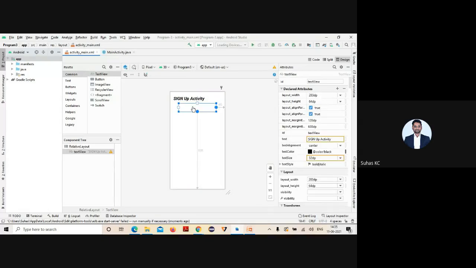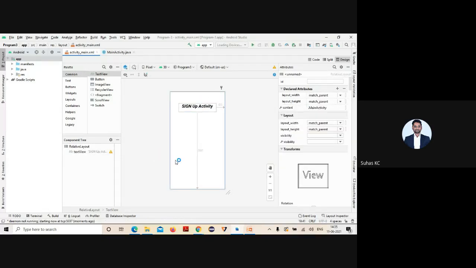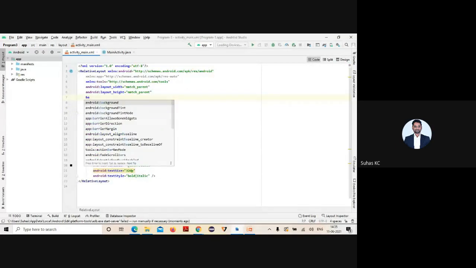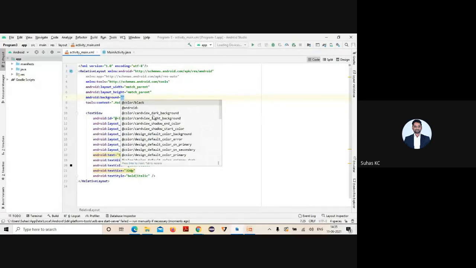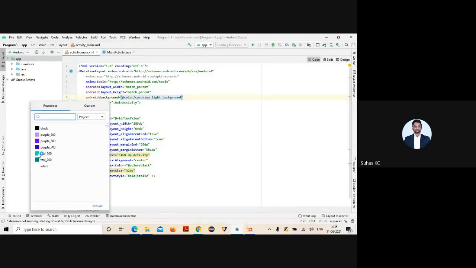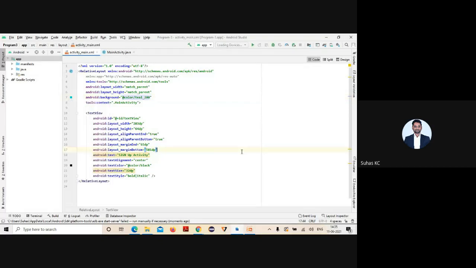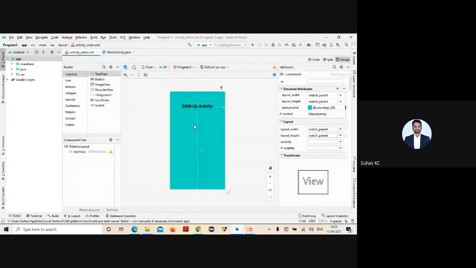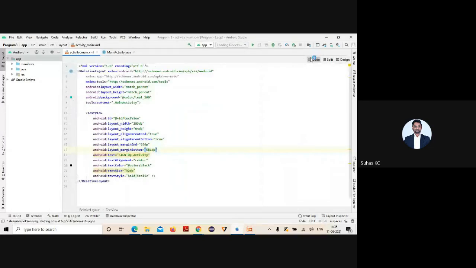Any doubt here? So first text message I've done, and if you want to change the background of this, what you can do is go to this relative layout part. Just give background, BA, and some light background or whatever you want. Just press enter, and you can see an icon here, right? You can change to whichever color you want. You can just check now. The color has been changed. Which color is this one? Green color. That's changed to green color.